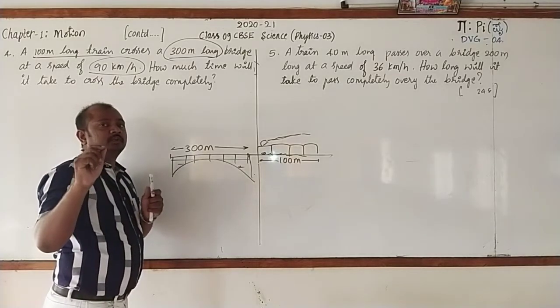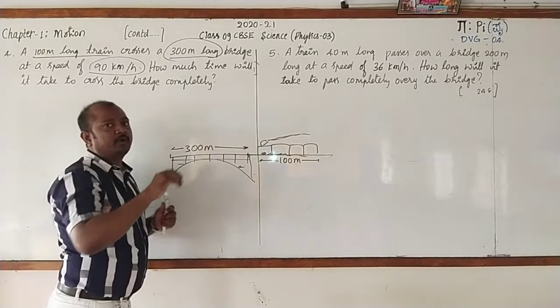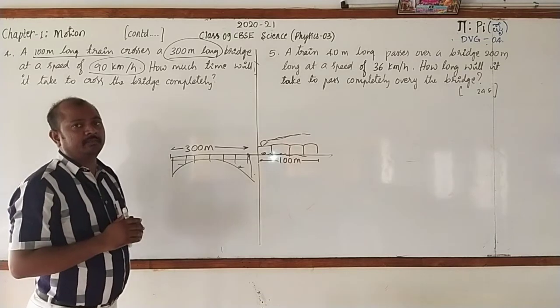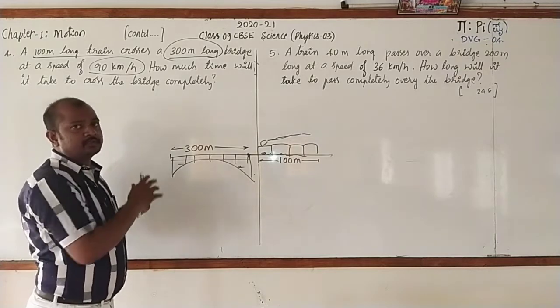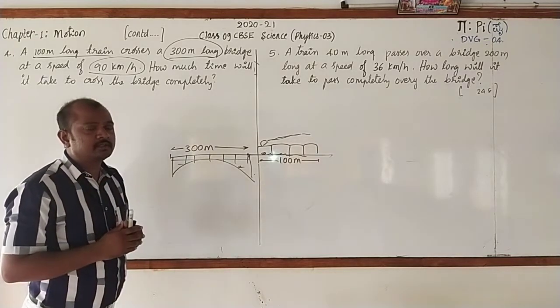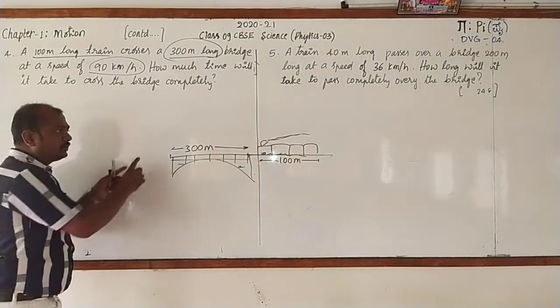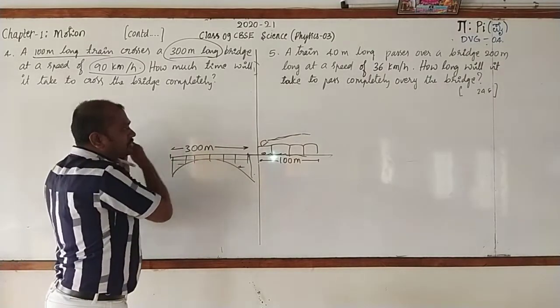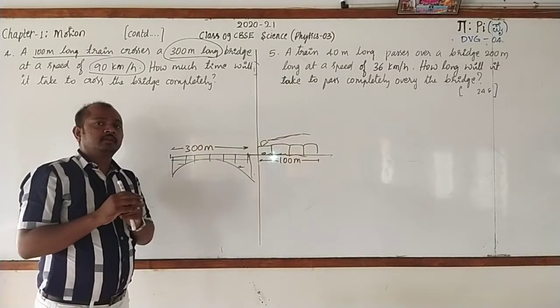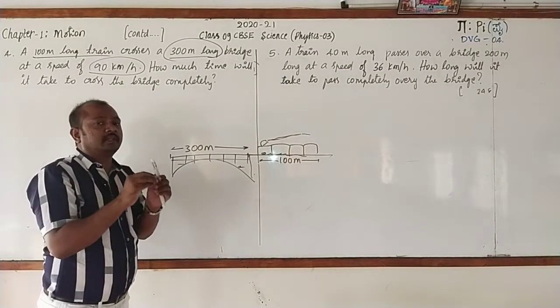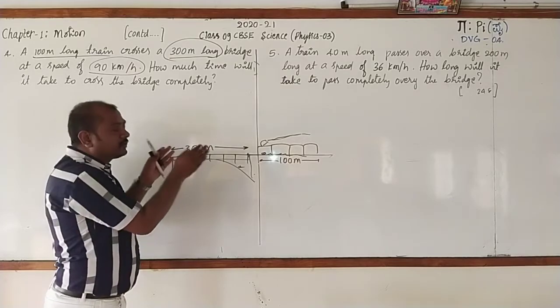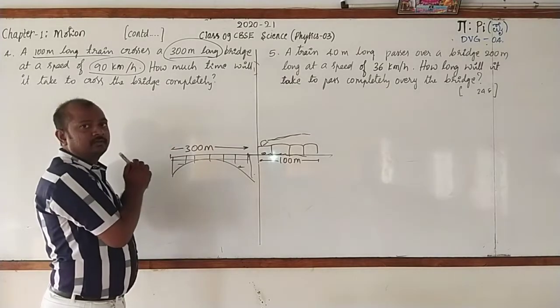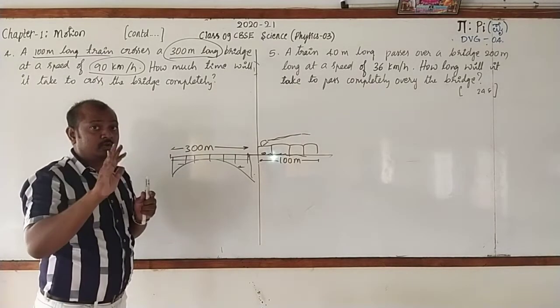you all know that the speed formula v is equal to d by t. Then speed is known. Do you know the distance? Yes. How much? Do you consider 100 meter? Means if the train crosses 100 meter, do you call that is the distance traveled by the train according to the situation? No. If